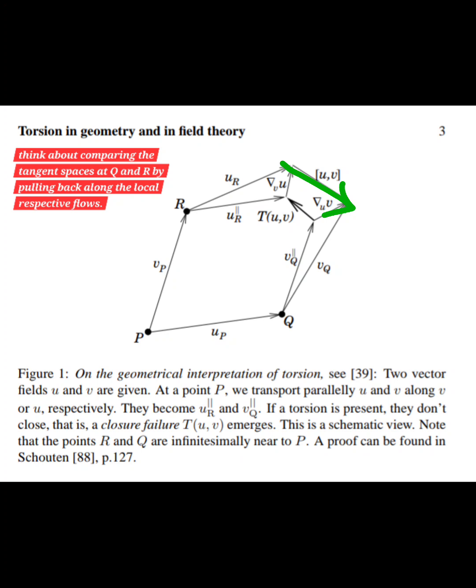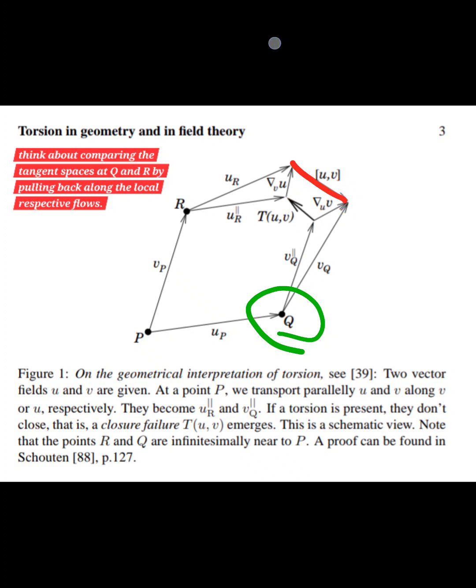Really what's happening here is we're looking at the difference between u sub r and v sub q here. But this is problematic because we're basically comparing tangent spaces of our manifold at two different points, right? So let me draw some arrows in red here. The arrows in red that I've just drawn as part of this diagram don't make physical sense